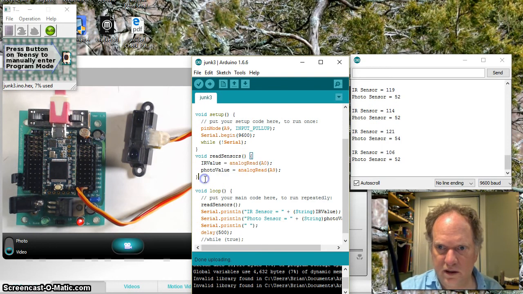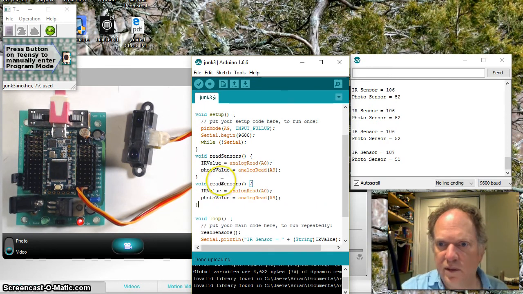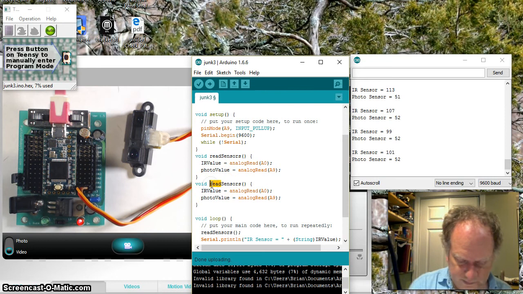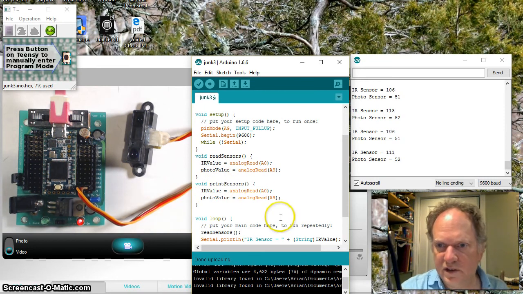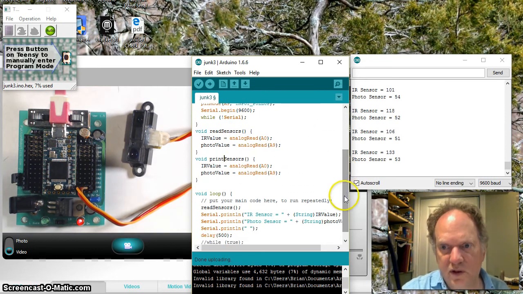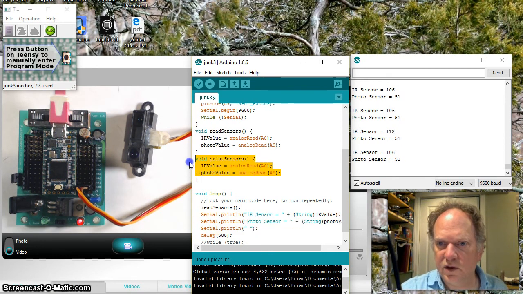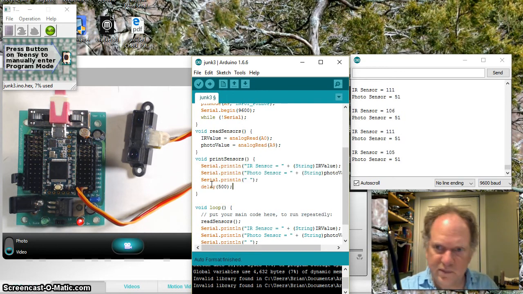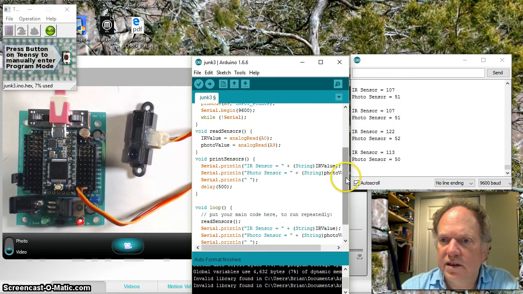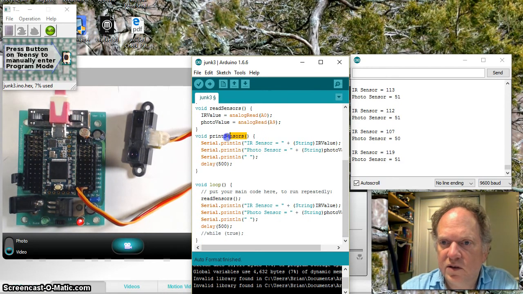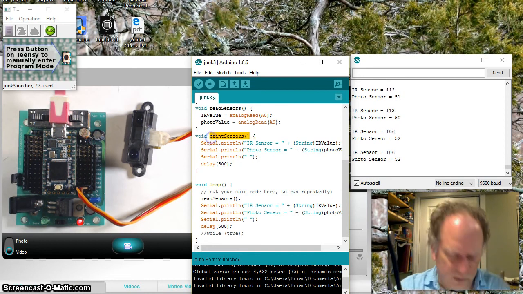Let's create another one. This one actually will be handy. I'm going to do a printSensors. I say it's handy because you'll see that printing is pretty slow. So when it comes to robot operation, I might want to use the print function while doing diagnostics, but there's really no reason to print anything while my robot is actually out in the field someplace, because there won't be anybody to listen. So it makes it super easy to turn on and off the print. So if I go ahead and take this whole block,